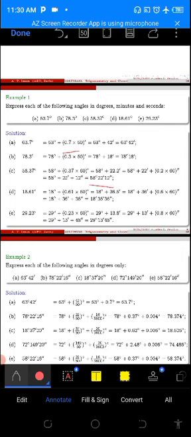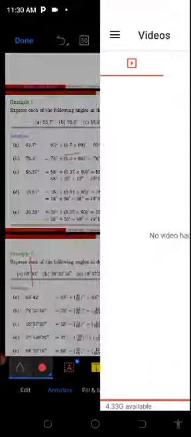As you see, the D and E parts are done in a similar fashion. Now, let us look at